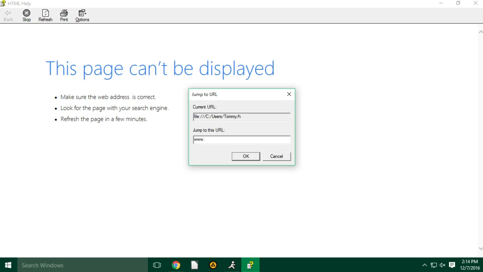Okay, so you're gonna click on the yellow question mark with the right side of the mouse. Okay. And then you should see a drop down menu that asks if you want to jump to URL. So on this menu you want me to click jump to URL? Yes, jump to URL. Okay, it's got a current URL, and it says like file, and then it says jump to this URL. Yes. So you're gonna type in there